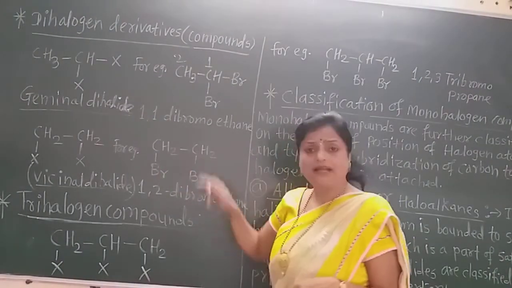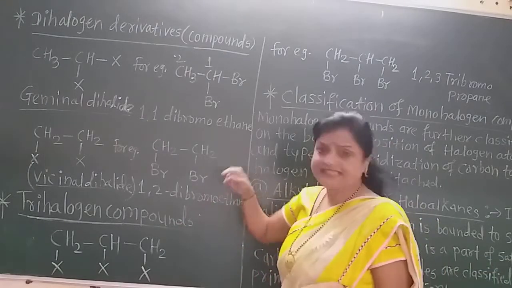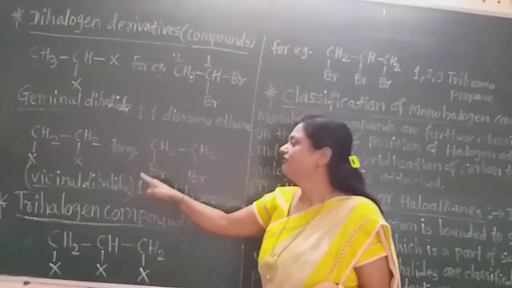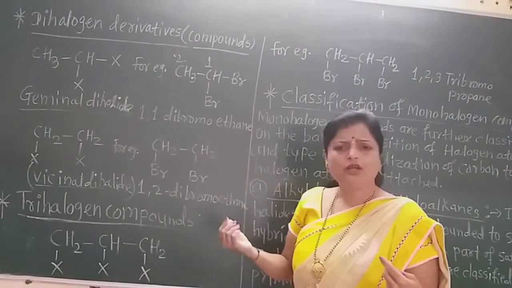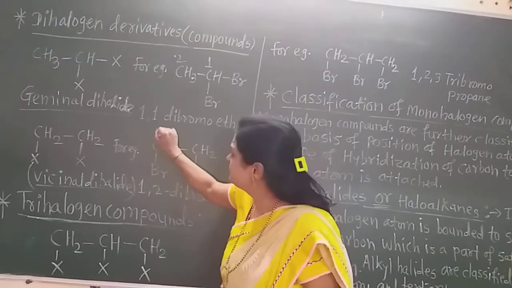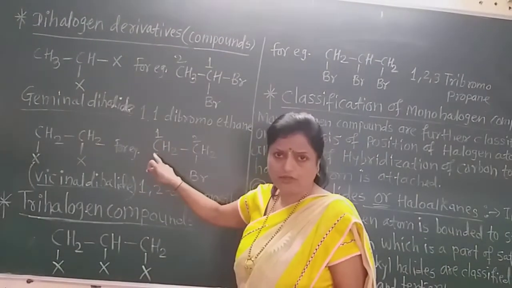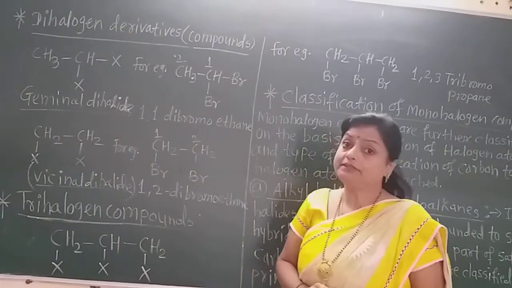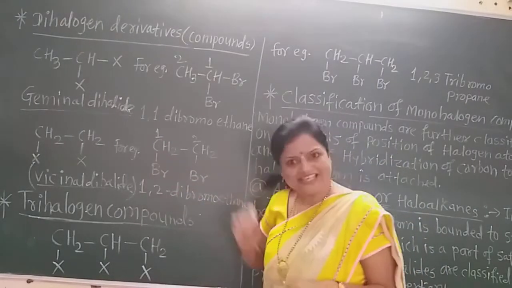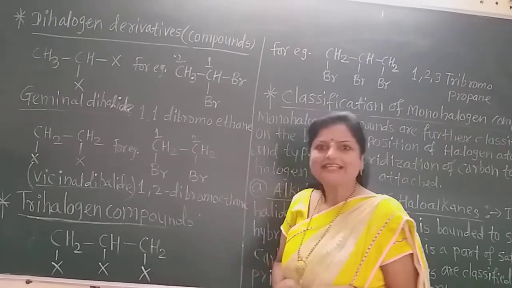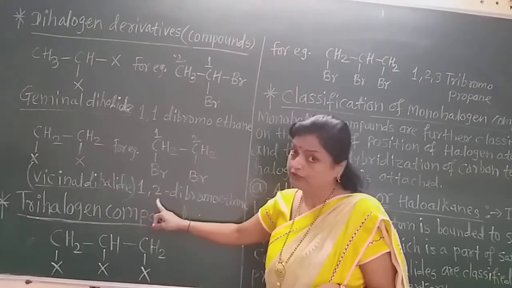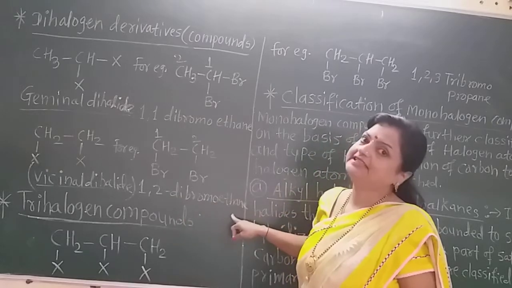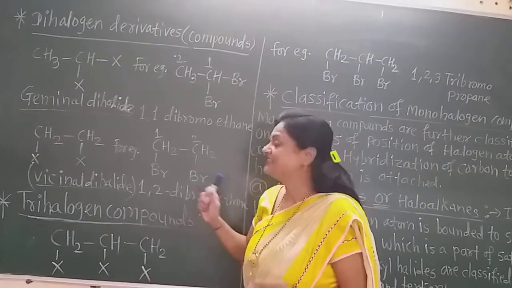Now this is again ethane, the parent alkane, that is CH3 bond CH3, and 1 hydrogen is replaced by 1 bromine on each carbon. Here there is no question, you can give numbering from this side or from this side, 1 2, because both are similar. Now what is the IUPAC name of this compound? As on the first carbon there is bromine and on the second carbon also there is bromine, so write both numbers, 1 2, di means 2, bromo ethane. Now this is the name of this dihalide.